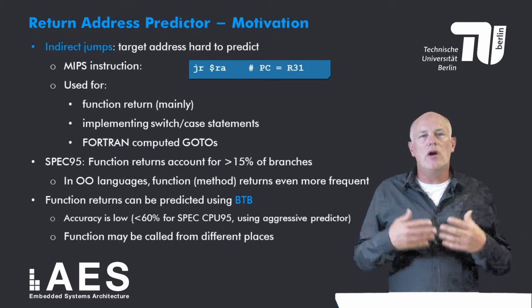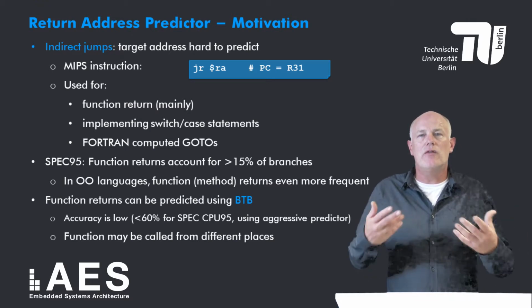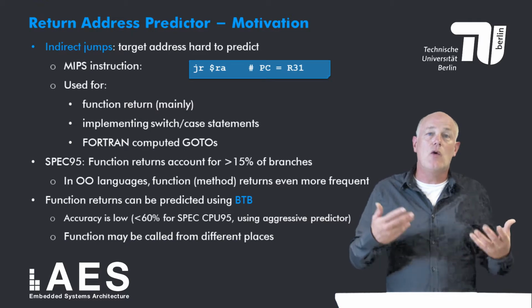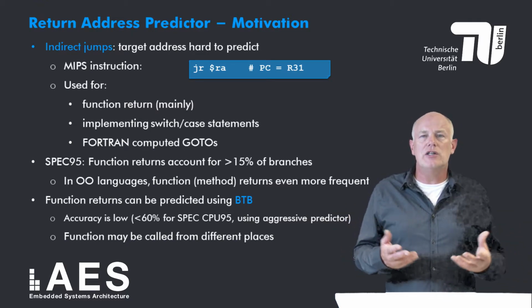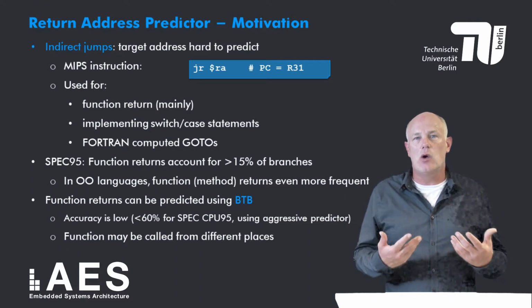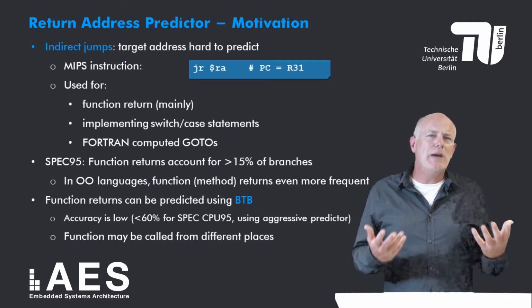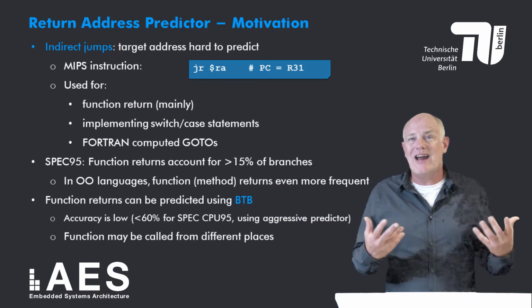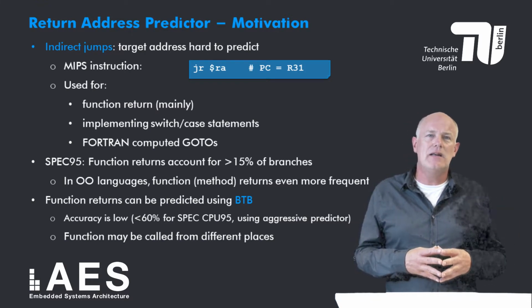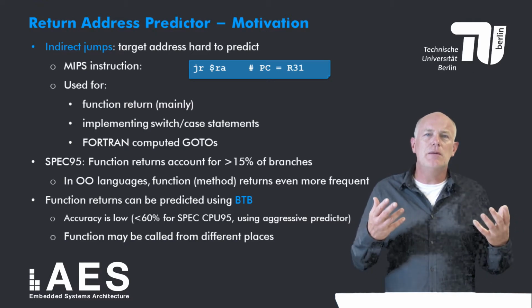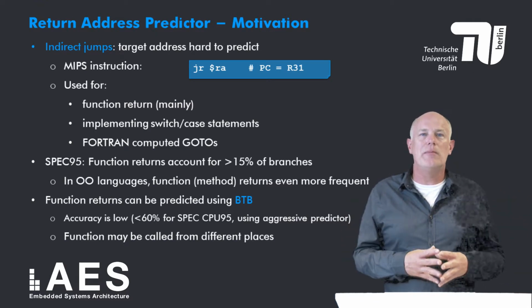However, this only works if the function repeatedly returns to the same address, when it is called inside a loop, for example. So the accuracy of predicting function returns using a BTB is low. For example, for SPEC95, an aggressive branch predictor achieved an accuracy of less than 60%. The problem is that a function may, and usually is, called from different places, which causes the return address to